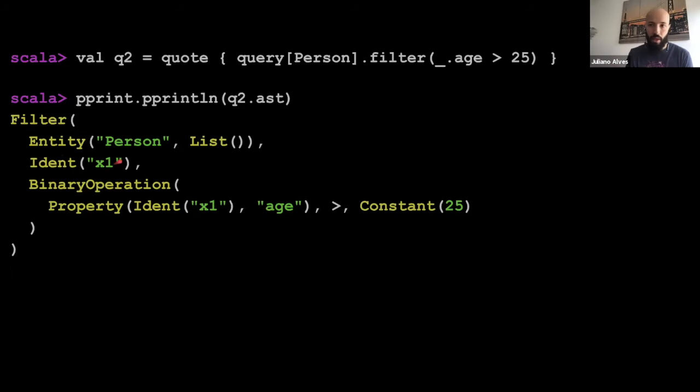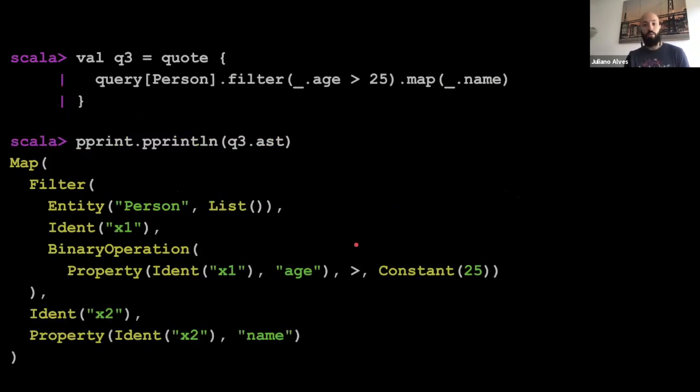We have an identifier here, and as you can see here, we don't have any sort of identification, which means that Quill will generate that for you. And then we have a binary operation that, like I said before, compares a property, and then you have an operator here and another property, right?